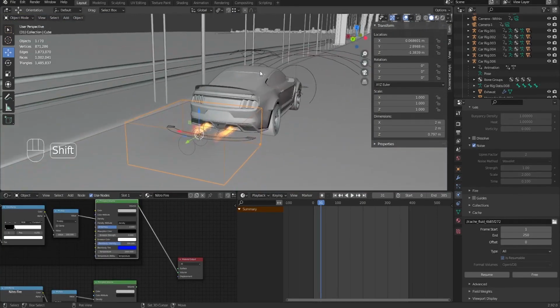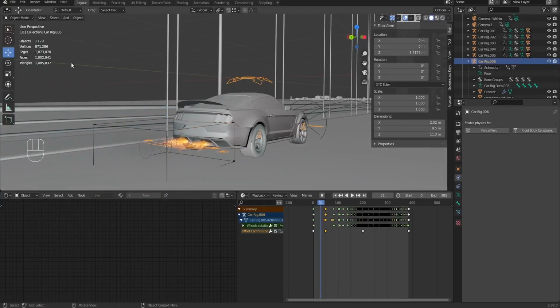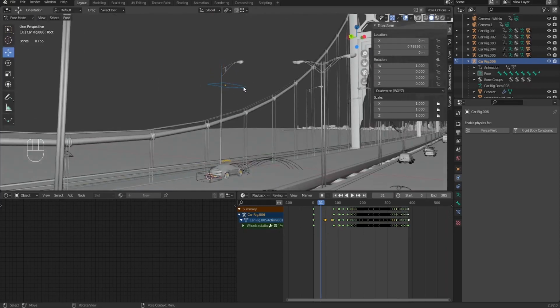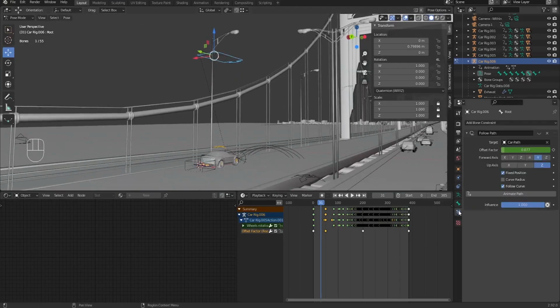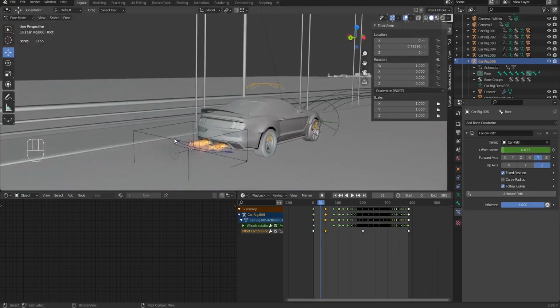Alright, so now let's bring our vehicle back into the street, or into the racing. So let me select my bone here and switch to pose mode. I'm going to be selecting this top one. Yeah, it's going up because our bridge is not straight. So let me go here to the bone constraint and make it visible. Actually, we forgot something really important, which is to make this object over here,